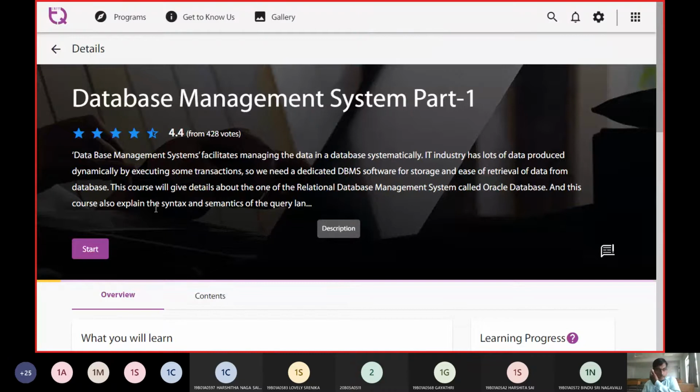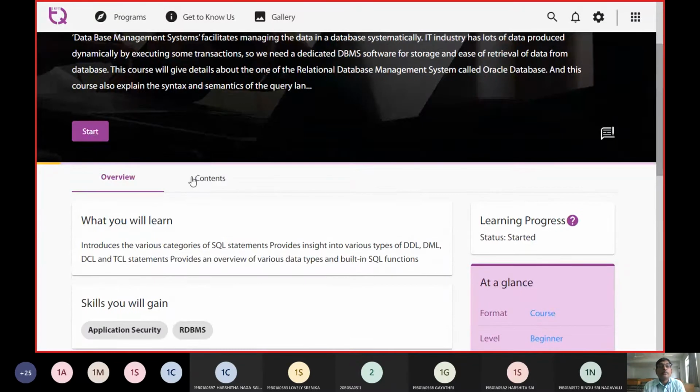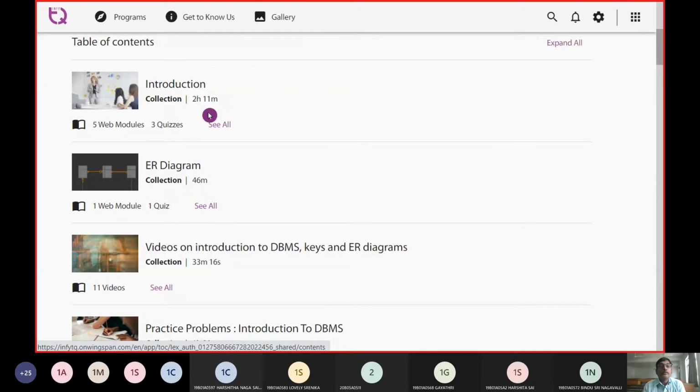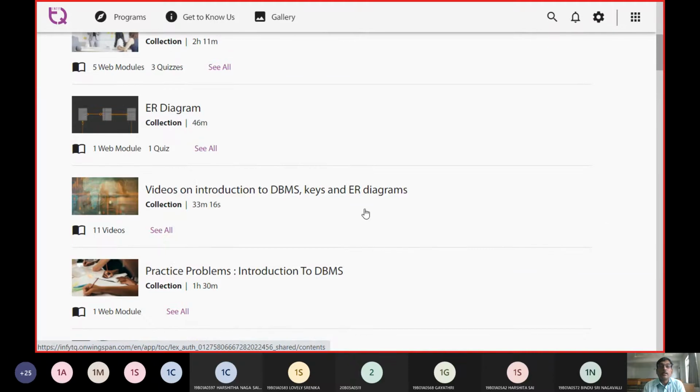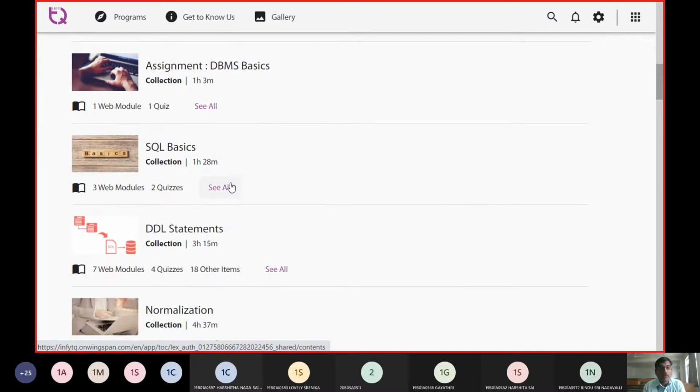So these are all the modules, an introductory module which was given in InfyTQ. InfyTQ, they have given two modules. One, part one we call with the DBMS, and part two DBMS is somewhat advanced. Now coming to the content, it deals with the introduction, deals with ER diagrams, the keys, some assignments, SQL commands,